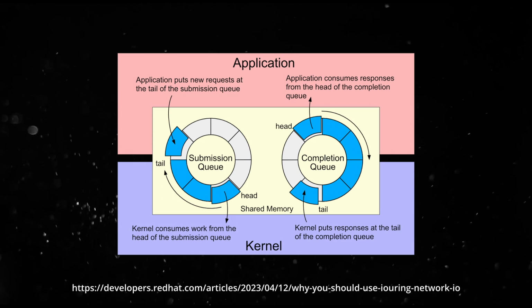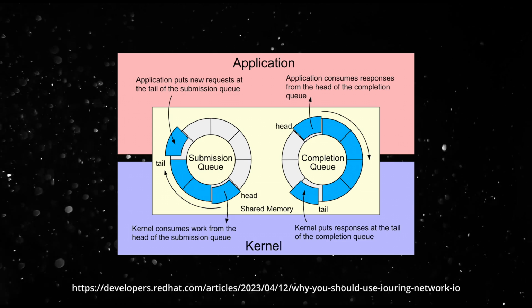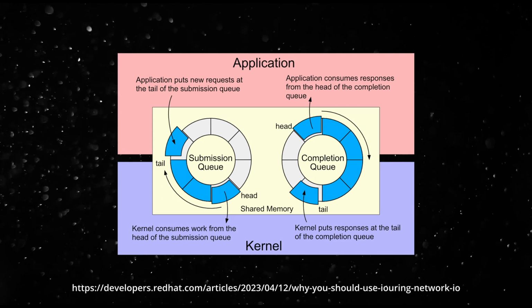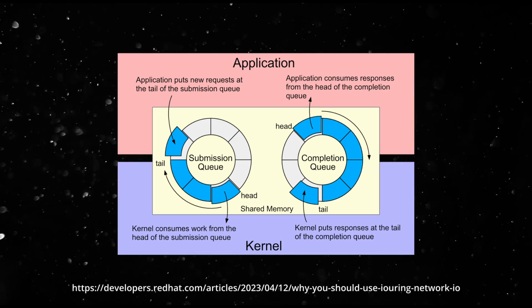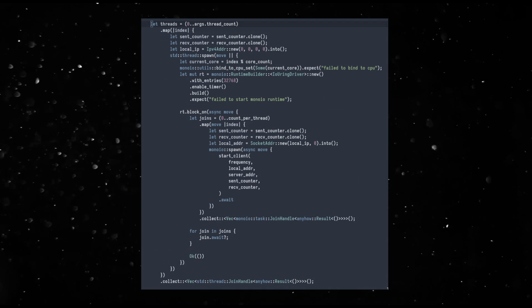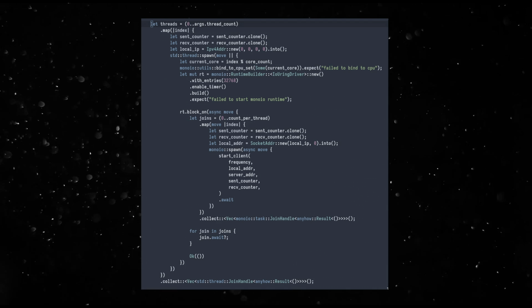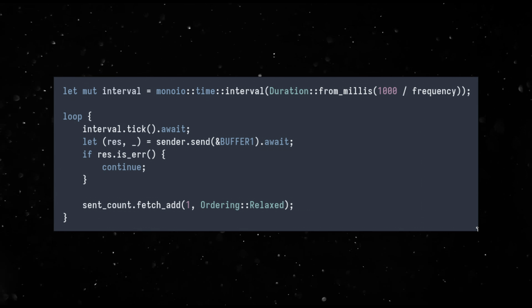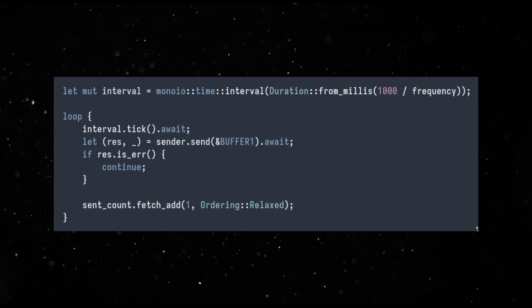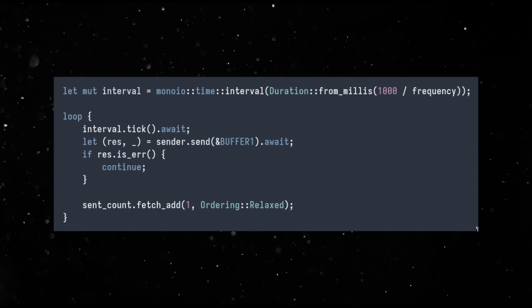IO-Uring, for those who don't know, is an extremely fast async IO API in Linux that lets us use a zero-copy ring buffer to read and write data between user space and the kernel. We had to make a few modifications for the mono-IO replacement. Most notably, some of the data now needs to be thread local. I also removed all select statements and instead used the mono-IO interval to actually yield the threads when it's not